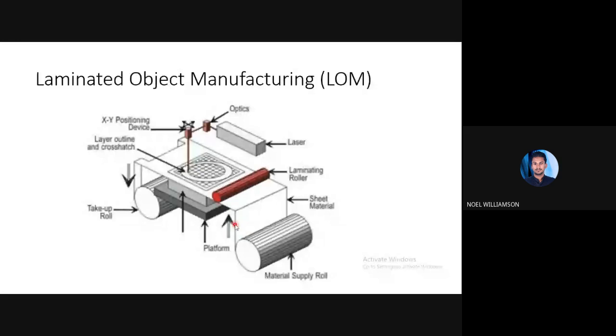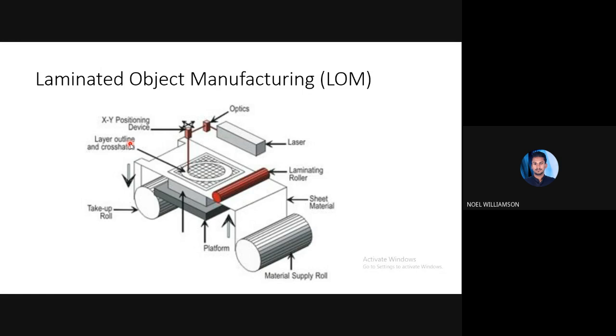Then the next component is a heated roller. This red portion you can see, this is a heated roller. Then we have a laser component, laser, in order to cut the surface. So three components are there. First of all, the adhesive coated paper or plastic or metal laminate. Then the second component is the heated roller. And finally one more, that is a laser. It is used to cut the surface.